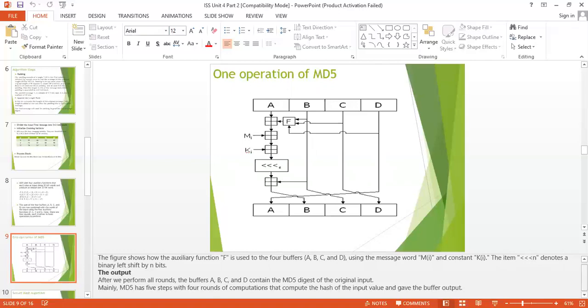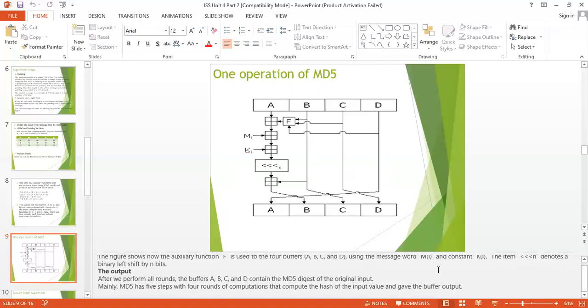After we perform all rounds, the buffer registers ABCD contain the MD5 digest of the original input. Mainly MD5 has 5 steps with 4 rounds of computations that compute the hash of the value and give the buffer output. So basically this is the simple process of the MD5 algorithm.